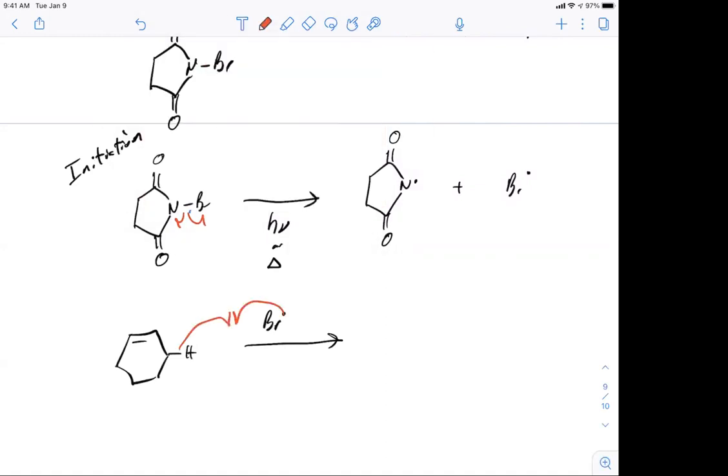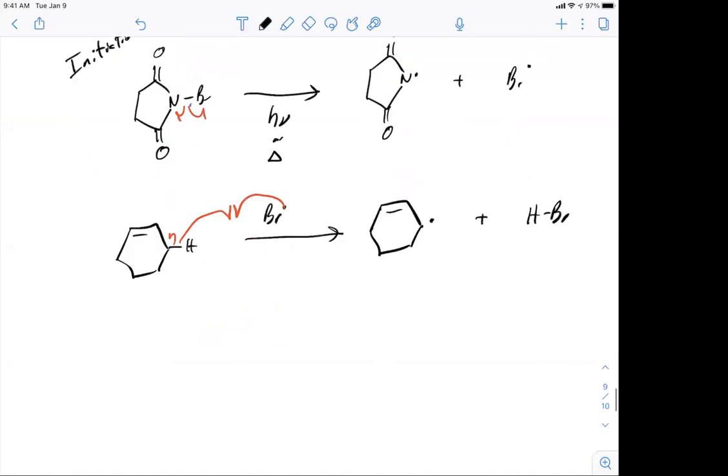We get a hydrogen abstraction. Now, at this point, we have a secondary reaction, right? So this is propagation, right? But this is reagent creation or reagent formation,